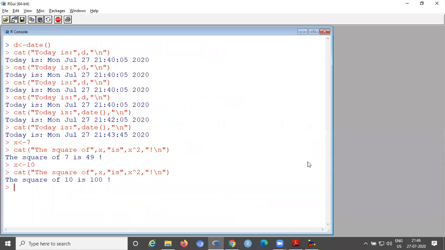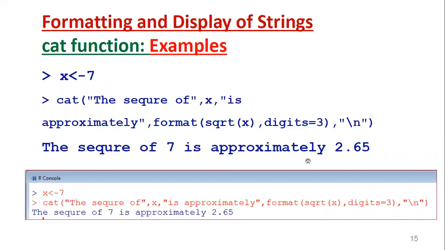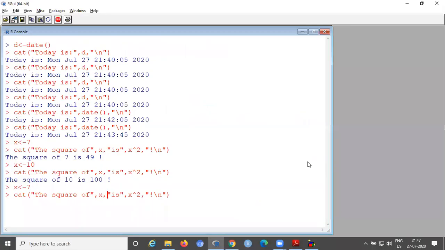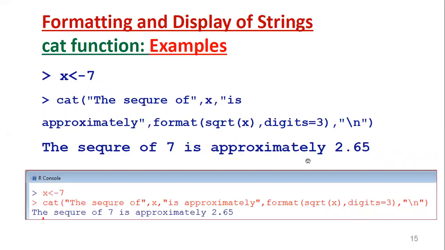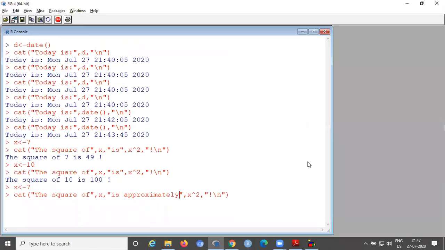Now we will also run this one. So now x equal to 7. Now we are using cat, the square of x is approximately. Now we are using the format function.